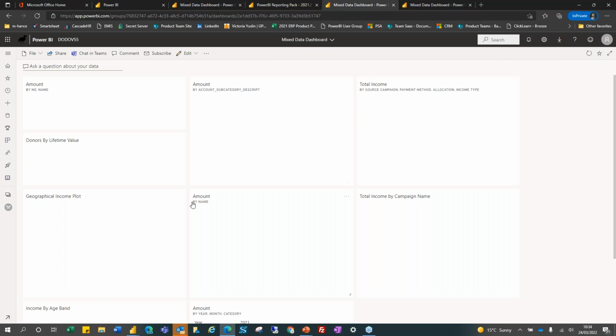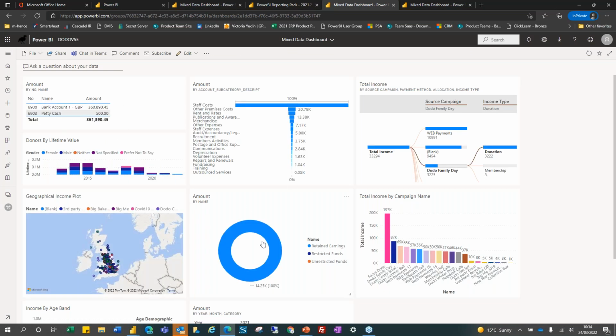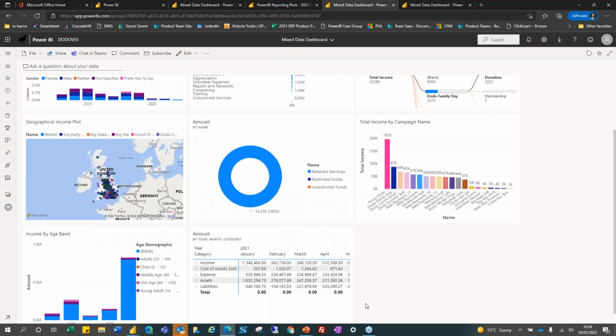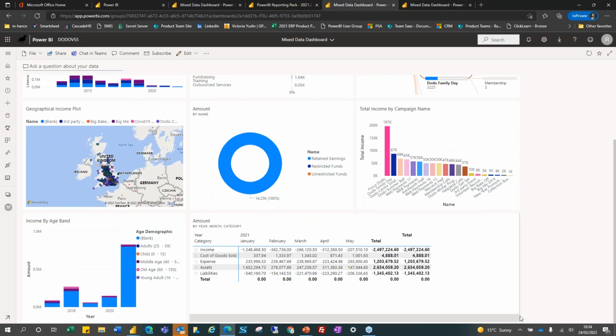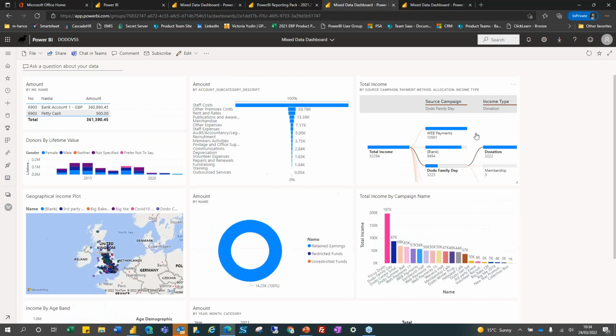So now if I go to this dashboard, it's taking me to it, and I can expand that out to where it needs to be. I've got a dashboard from different reports with different visuals on it that I can now share with an individual as well. So you don't need to share reports. You don't need to share the whole report. You can choose and create dashboards and just share dashboards with individuals dependent on how much summary data you want